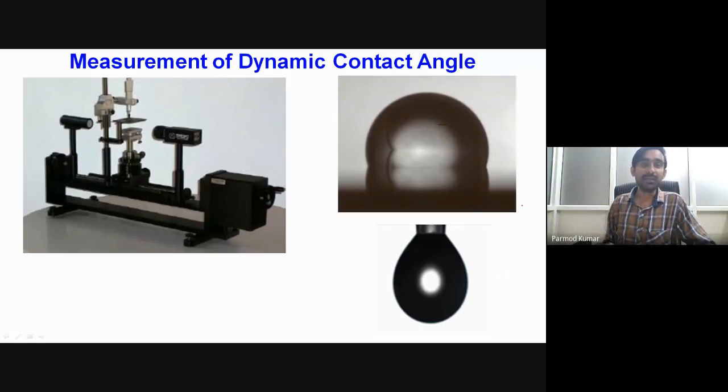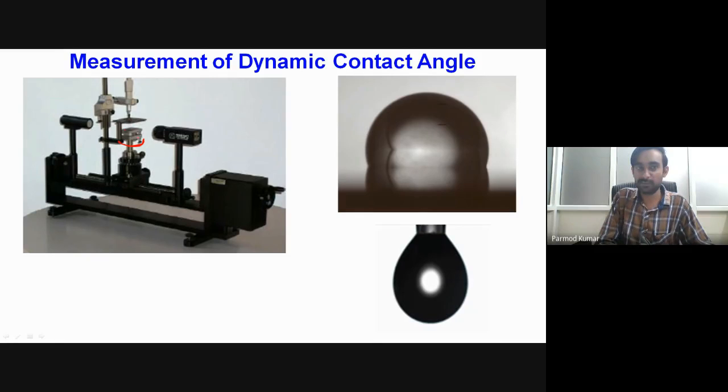Okay. Now, let us try to see the measurement of dynamic contact angle. This is one very important concept. Like static contact angle, dynamic contact angle also we can measure, but over here, if we are measuring experimentally, we require some surface over which our droplet will be spreading. So this is a platform over here. Over this platform, we place our substrate, and this platform you can see has three-axis motion. So it can move in the x direction, y direction, and z direction.